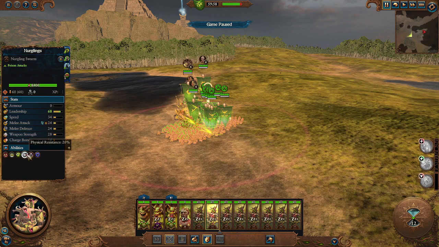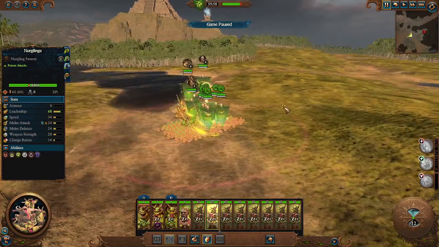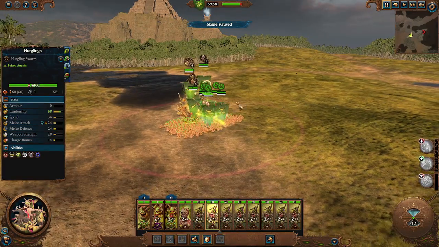Because demon units also have a 20% physical resistance base. They just always have that. So more melee defense plus the physical resistance just makes them really tanky right from the get-go. And kind of touching on their base stats, even though they don't seem like much, they will receive that +9 melee defense as long as